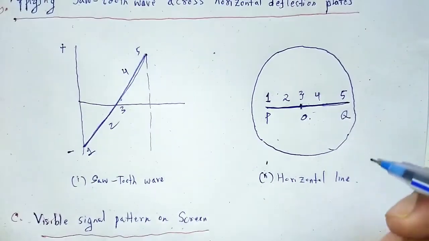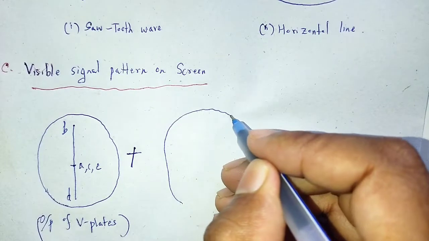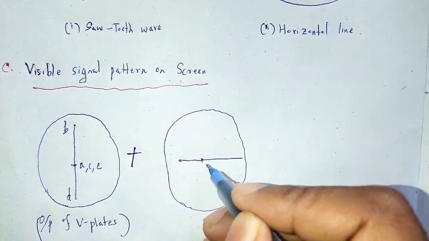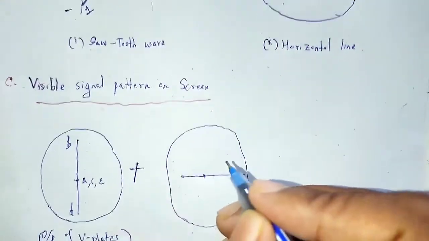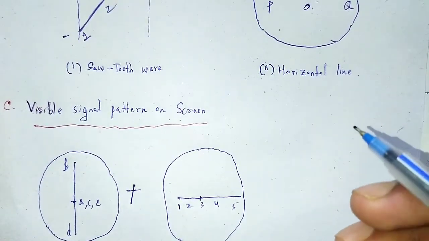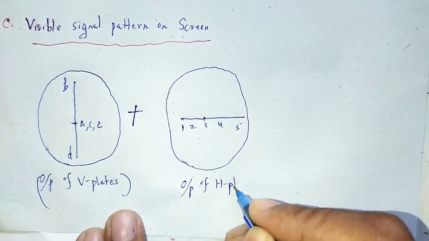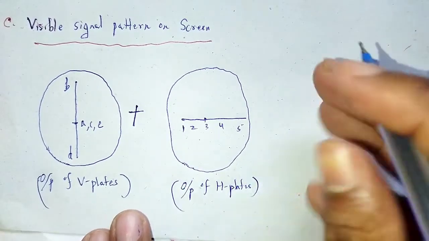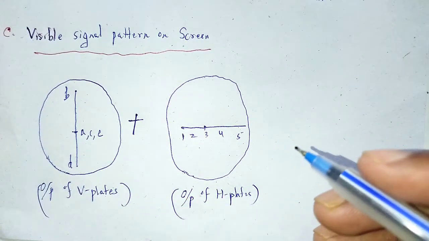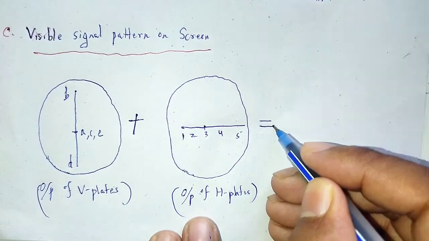It is combined with the output of the horizontal plate. This is the output of the horizontal plate, output of horizontal plate 1, 2, 3, 4, 5. When we combine these two by using the trigger circuit and a time delay line, finally on the screen